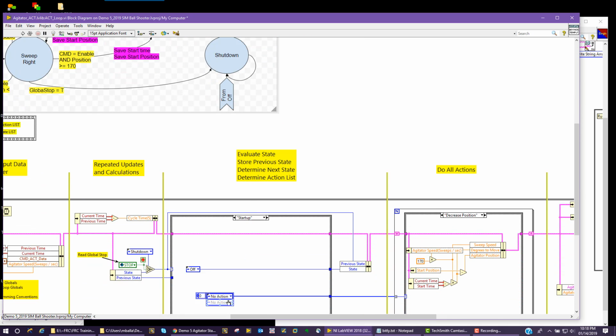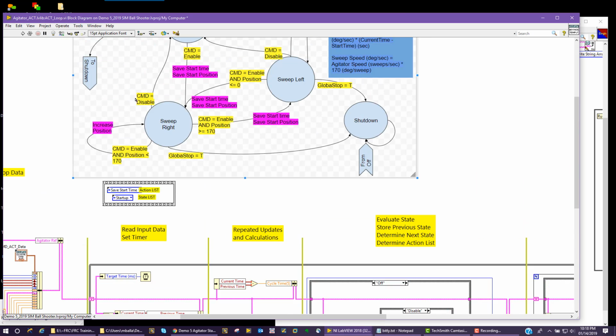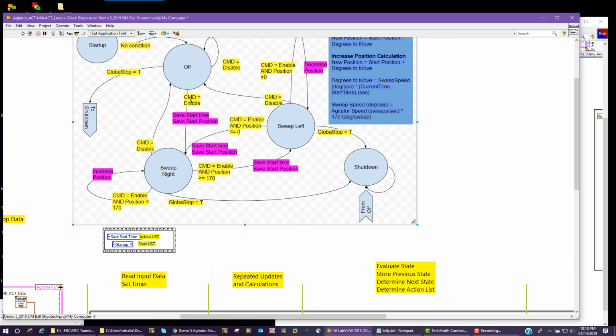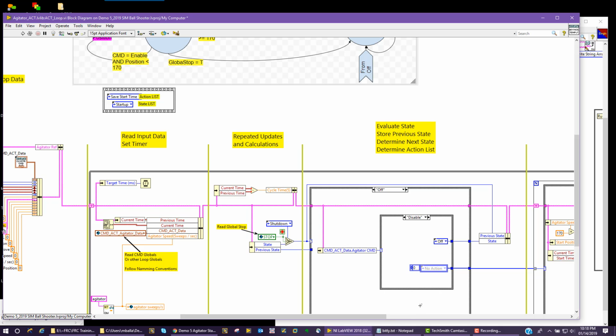All right, and then the next section, we didn't add any additional calculations. We decided to do our calculations in our action cases. And then we come to our states, and we start with our startup state. Our startup state, according to our state machine, should just go directly to off, and it does with no action. Our off state